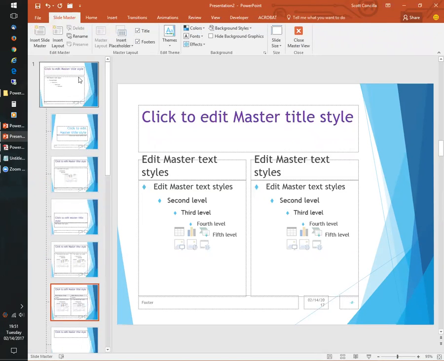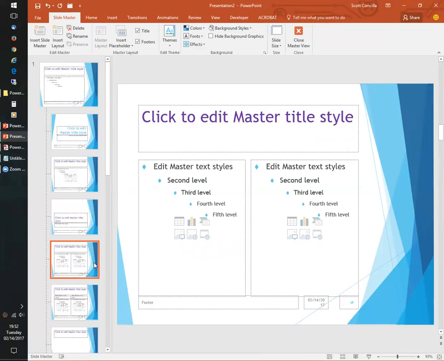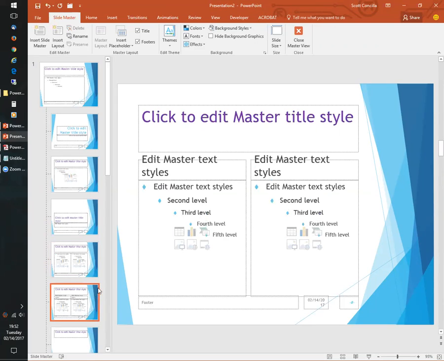So the slide master is telling me that all the slides in this presentation should be using purple headings and blue diamonds. I feel like Lucky Charms here, right? Blue diamonds, green horseshoes. Now, where is the one that I used? I gotta make sure I pick the right one. Is this the one? Yes, okay.